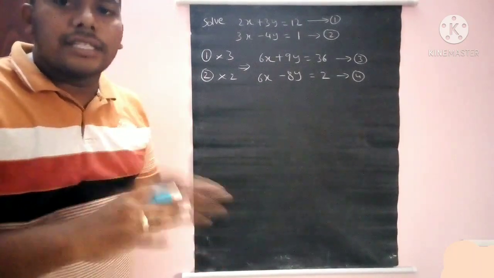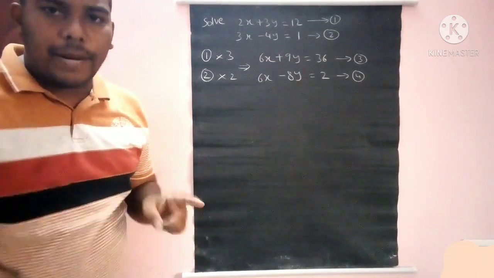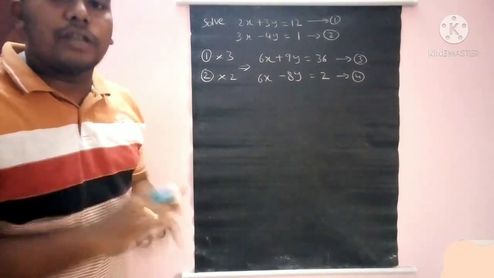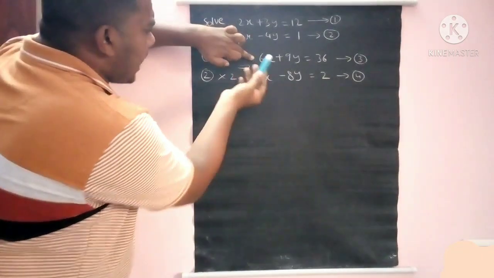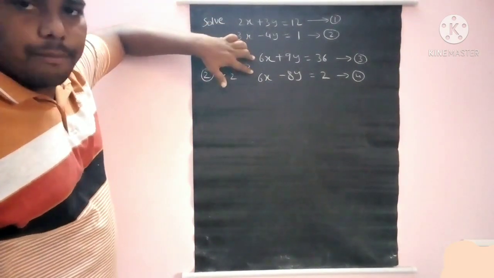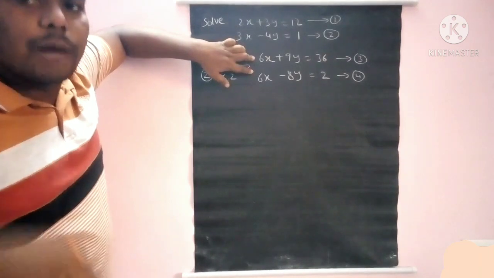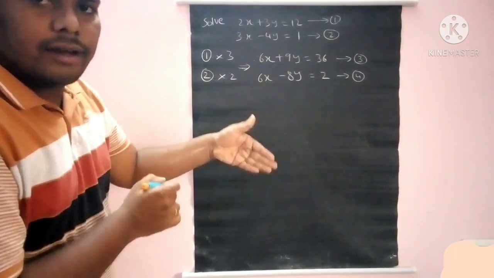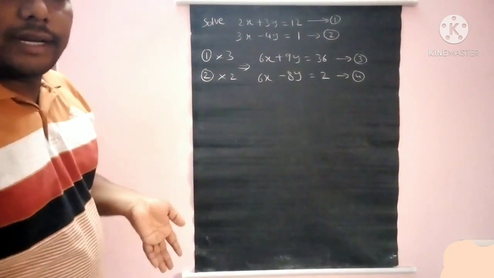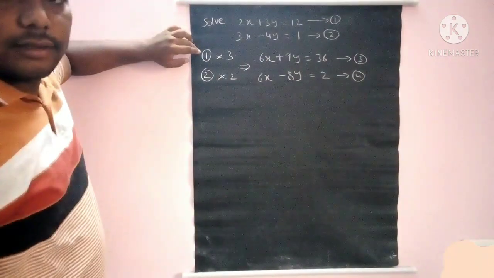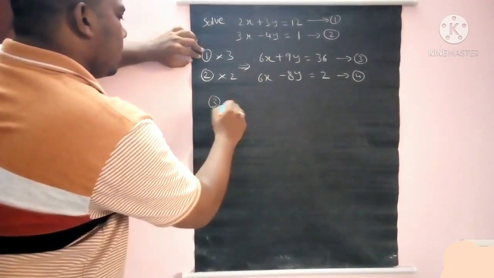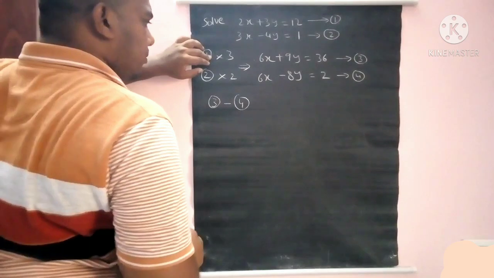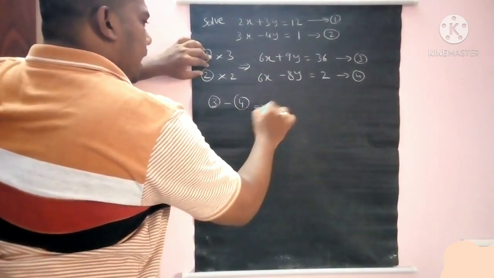Now I said add or subtract. So why you are considering here addition or subtraction means after doing addition and subtraction there should be only one variable remained here. That means one variable definitely should be eliminated. So here 6x and 6x both are same. If you add 6x plus 6x it will become 12x, and here 9y plus minus 8y it will become y. That means both the variables exist if you add. So we need to choose here subtraction. Why? Because 6x minus 6x. So equation 3 minus 4. That means 6x minus 6x. So we can write like this also.